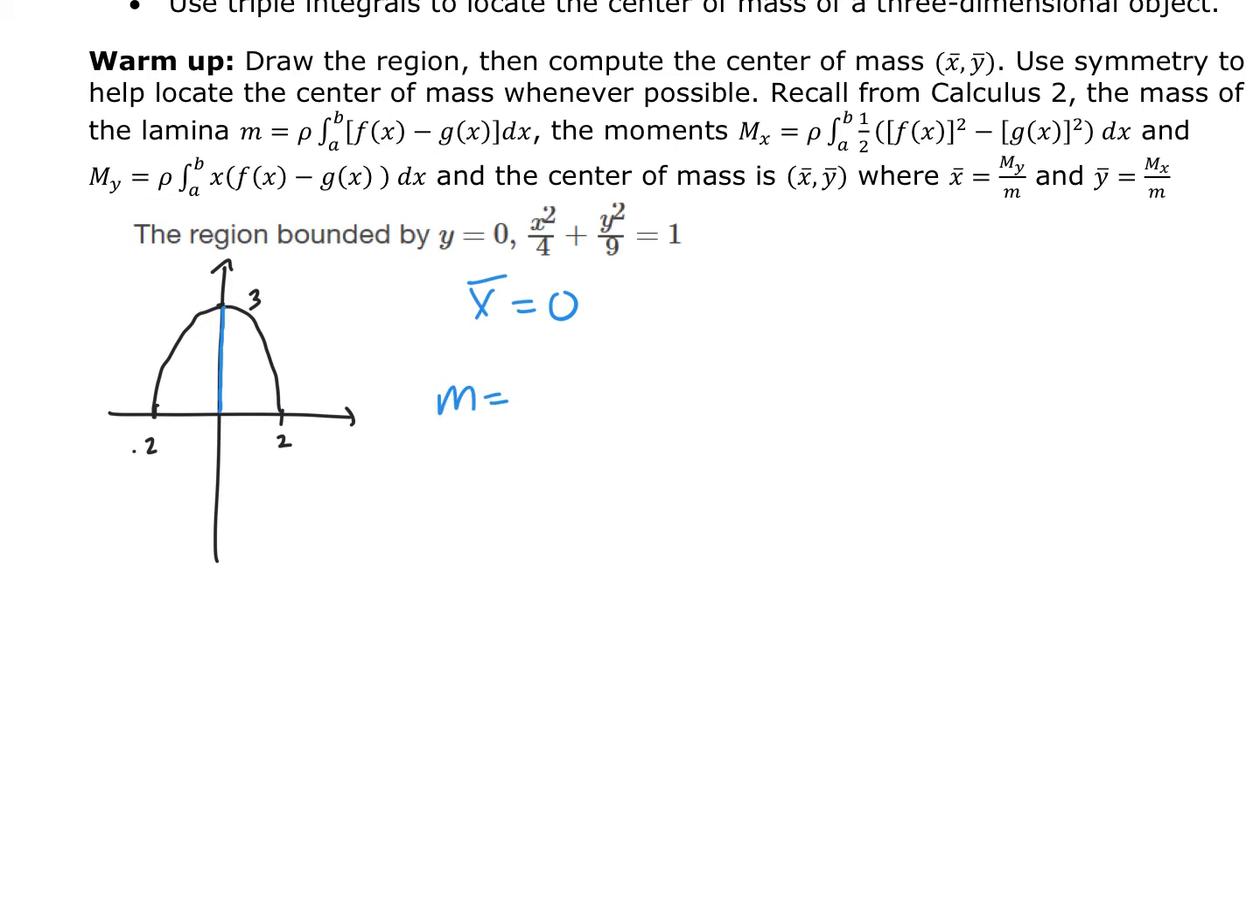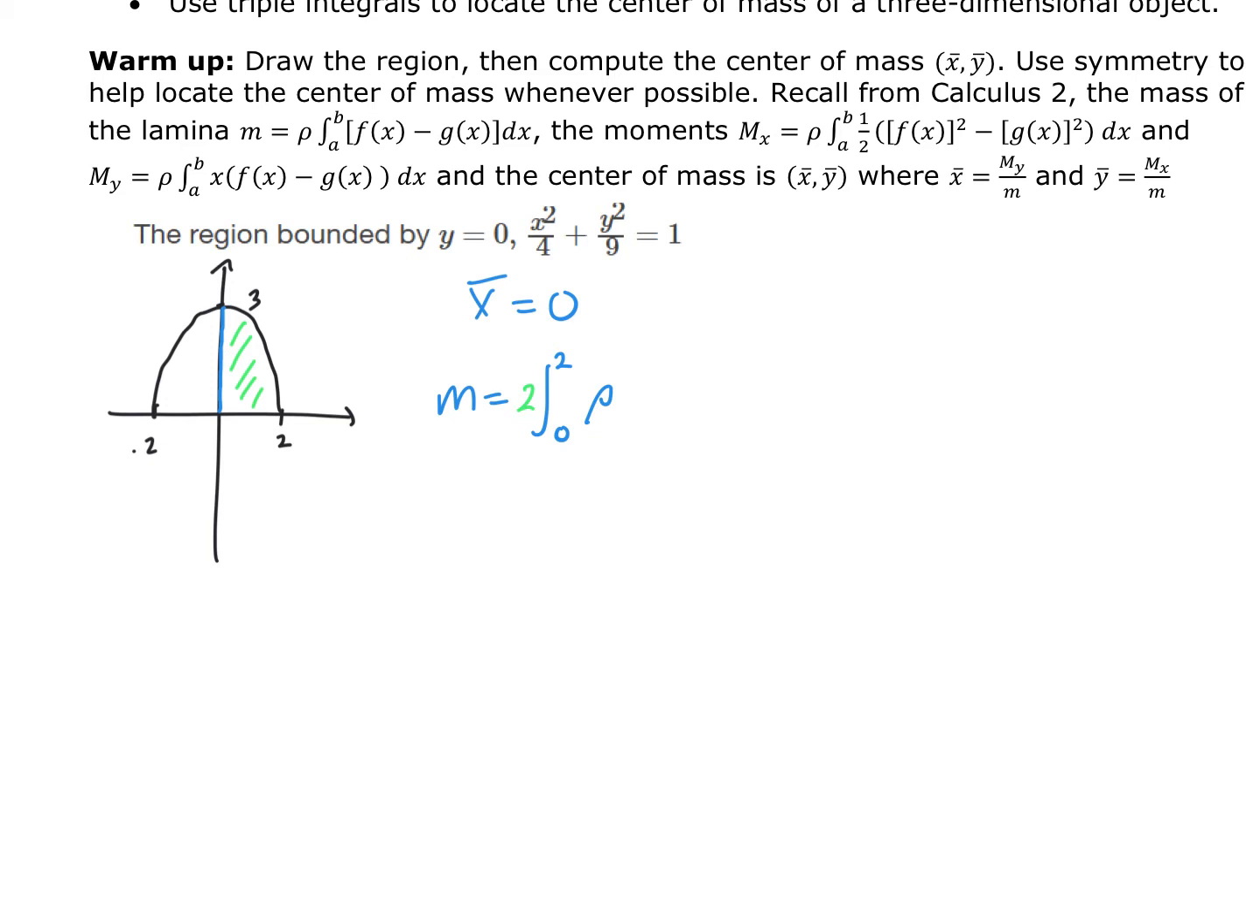And again, this is something we would have seen in Calculus 2. So I would integrate from 0 to 2. And I have 2 of these, so basically I'm just doing 1/2 of this integration. Because of symmetry, I'm going to just multiply that by 2. And so then from 0 to 2 of my rho, which we actually don't know, so I'm just going to use rho. And then my upper function, because I'm doing this with respect to x, is going to be